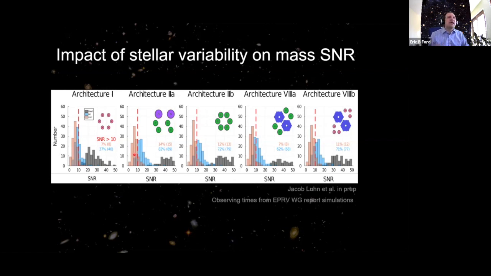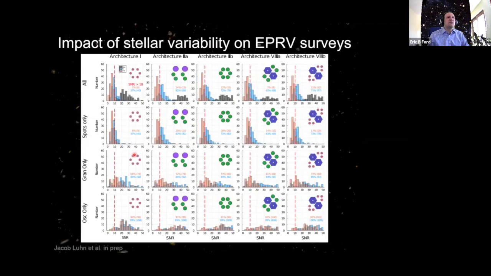And so we broke this down by the source of what the source of variability is. Spots are the biggest one, but also perhaps the easier one to mitigate. The other one I find more scary is granulation, because it's going to be really hard to mitigate. It kind of produces a fundamental limit in terms of how well you can do.